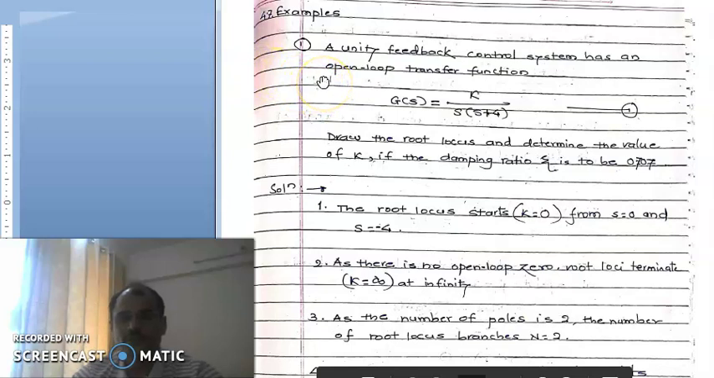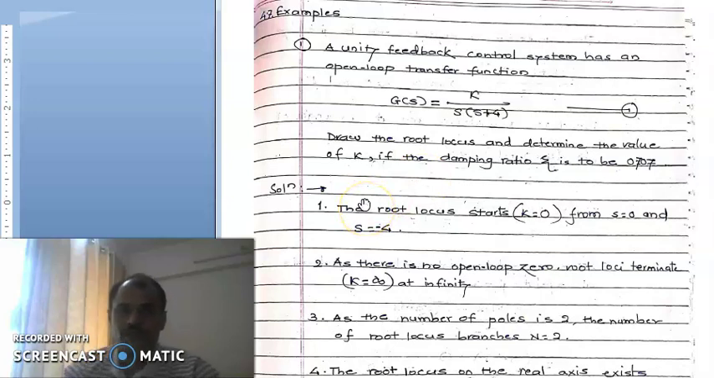See here, the system is a unity feedback system, with an open loop transfer function having two open loop poles and no zeros. So draw the root locus using the standard procedure, and with the extension determine the value of k for some damping factor, which is 0.707. So let's begin with